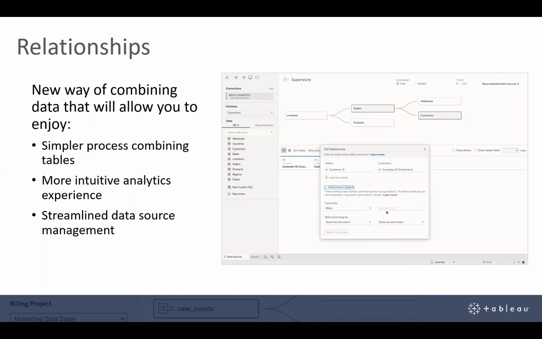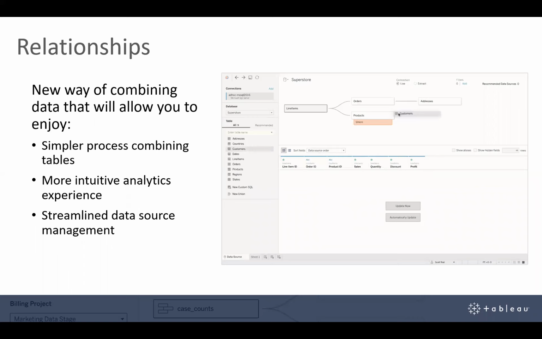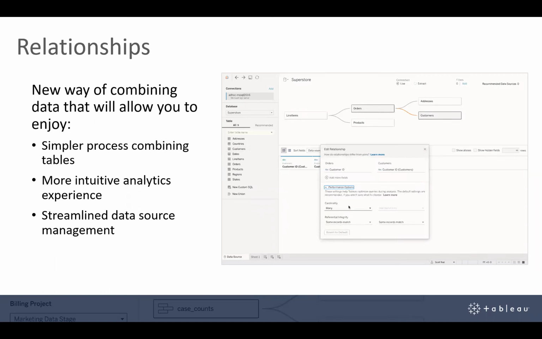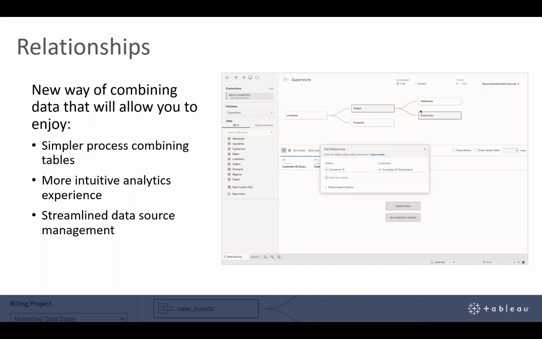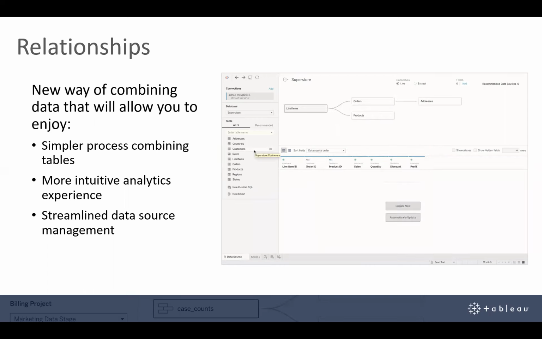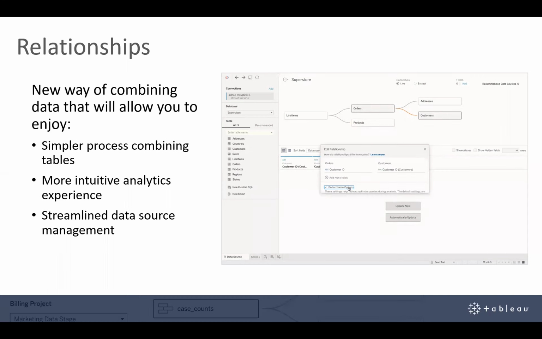Tableau will handle multiple levels of detail in a single data source, so it helps you slice and dice the data without writing specialized calculations to control the level of detail. And since these enhanced data sources can answer a wider variety of questions, organizations will be able to consolidate the number of distinct data sources that they create and maintain within Tableau Server.